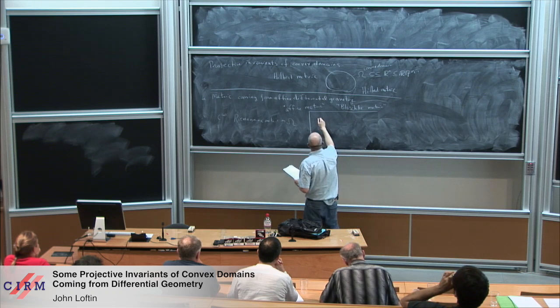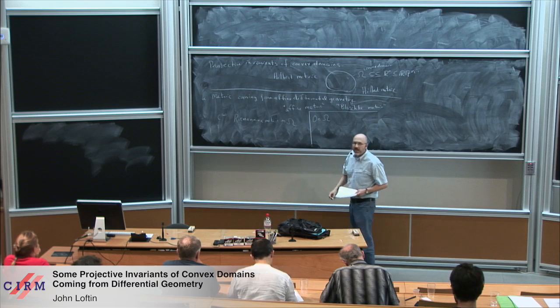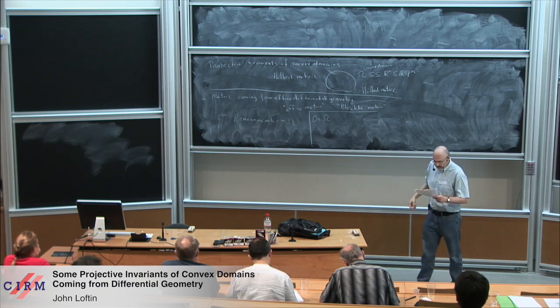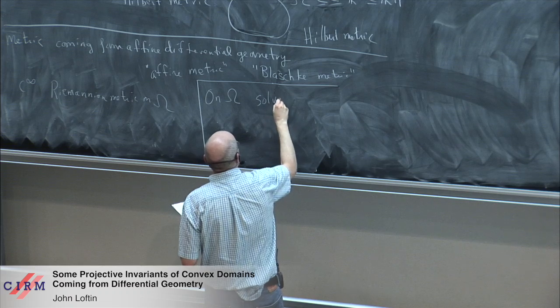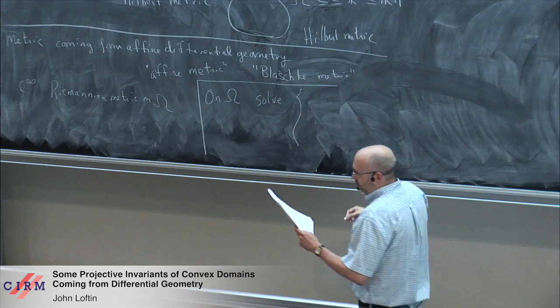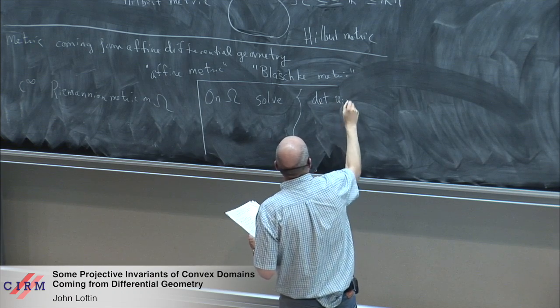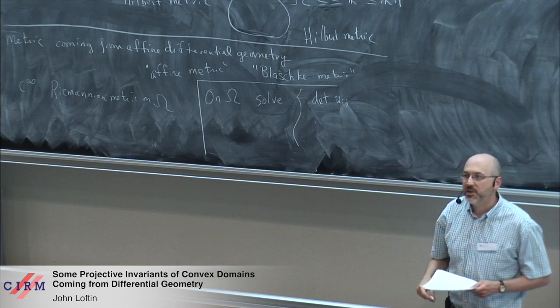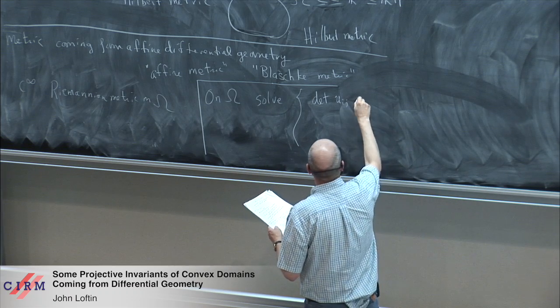What I want to do is solve this in terms of a differential equation. So omega is a bounded domain, and I want to solve a certain Dirichlet problem for a Monge-Ampere equation. I'm going to solve for a real-valued function u, which will be convex, and the equation is,